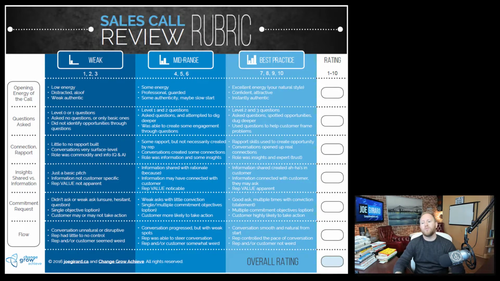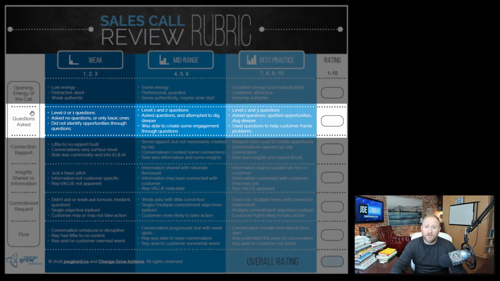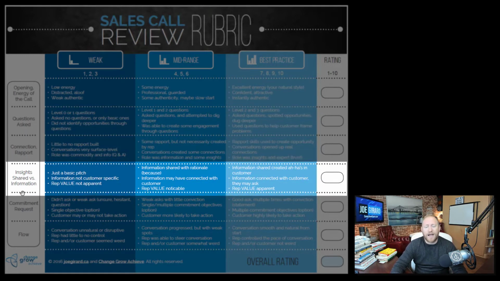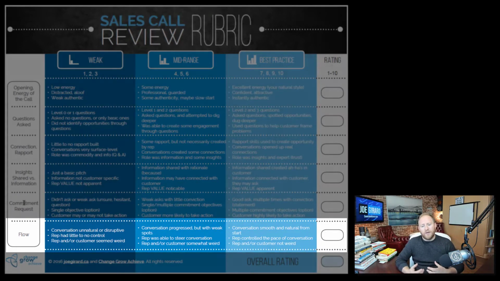Ooh, look at this. So this was a little bit more designed. It's nicer. But if you look at this, the 6 areas are the opening or the energy of your call, the way you ask questions, the type of questions you ask, the connection, the rapport, insights that you share, and how we ask for commitment, and the state of flow that we get ourselves in. And when we look at that,